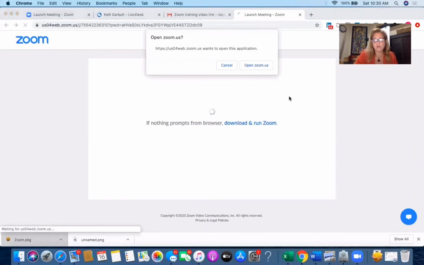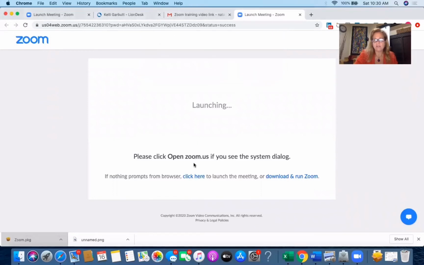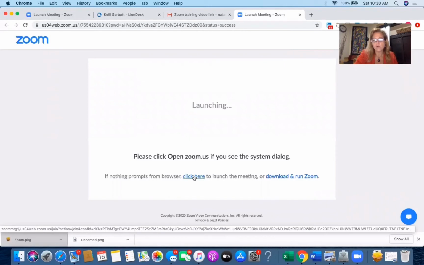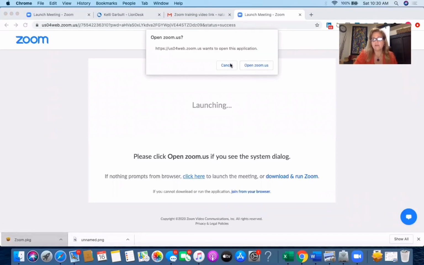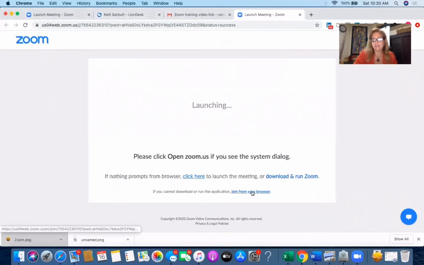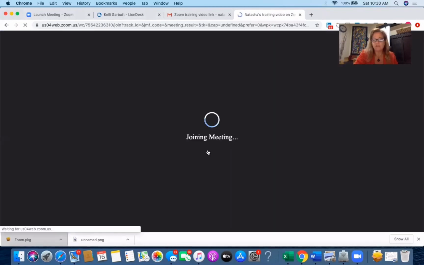Now, you don't need a Zoom account. If you have one, you would click here at the openzoom.us. If you don't, you can just go here and you press cancel first. Then it'll give you the option of clicking from your browser. So that way you can join Zoom even if you're not a Zoom person. It'll flag you again, click cancel, join from your browser. Join the meeting. You put your name in here, you click join, and now there will probably be two of